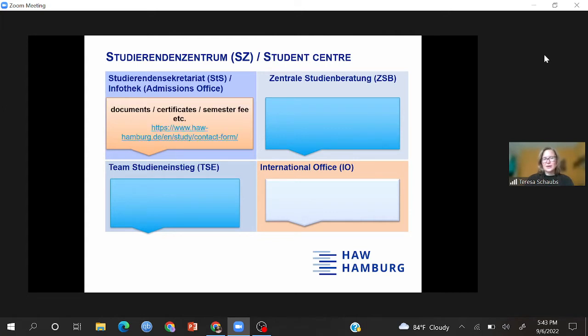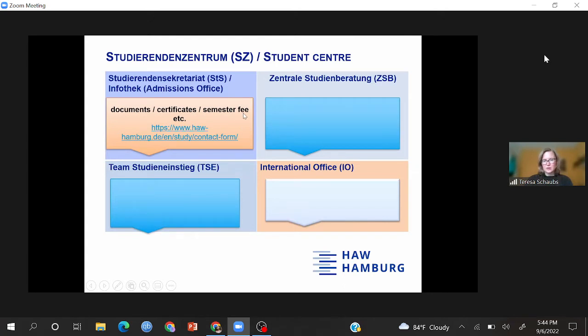And everything you have to handle concerning documents, concerning certificates, semester fee, everything that has to do with paperwork has to go through the admissions office, okay? So usually either you already know who your contact person there is, then you just reply to their previous mails, or if you don't, you just use the contact form that is here in the slide, okay? You can use the link in the slide.